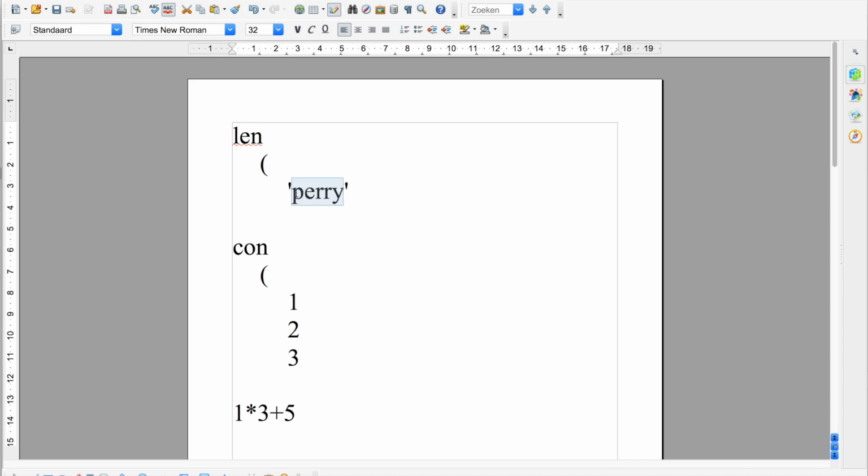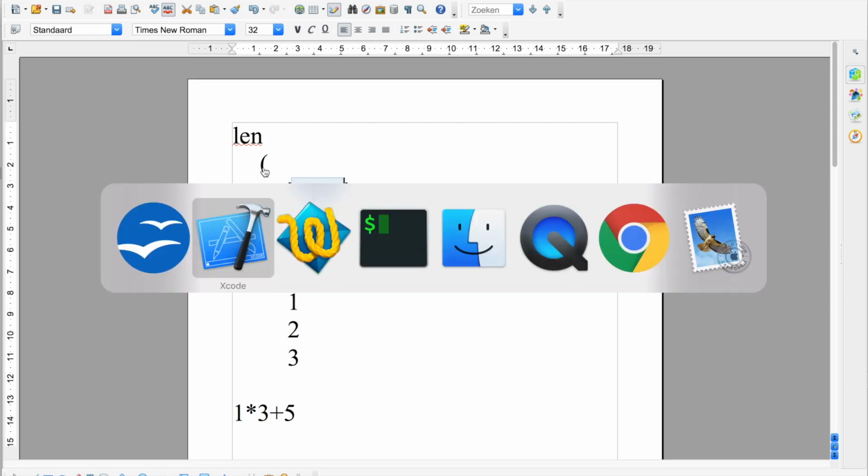So if we want to see the result of the function len, then we have to have the first expression of the first expression. This is the first expression of the expression we are concerned about, and this is the first expression of the first expression. Am I clear? So